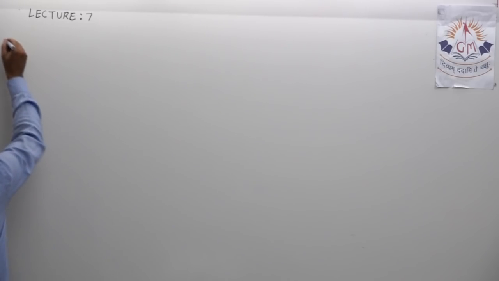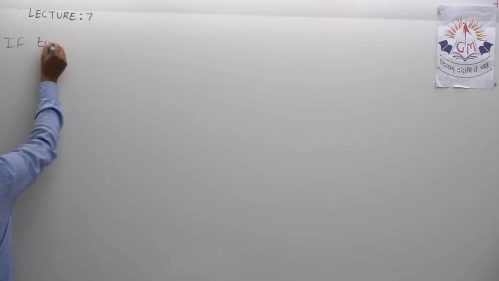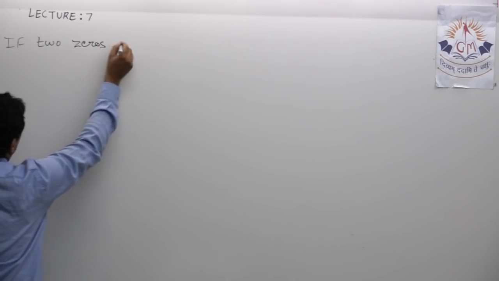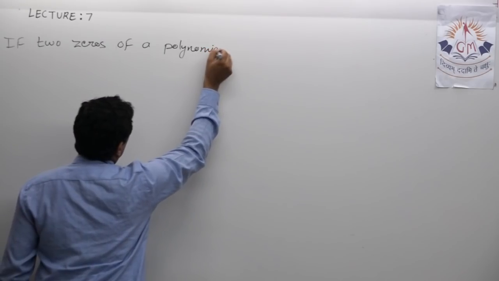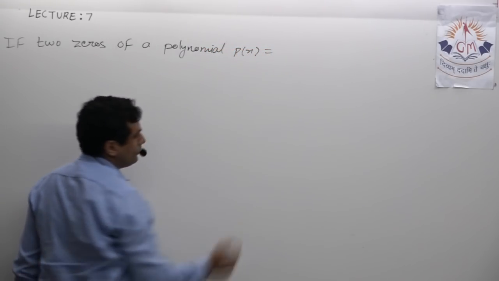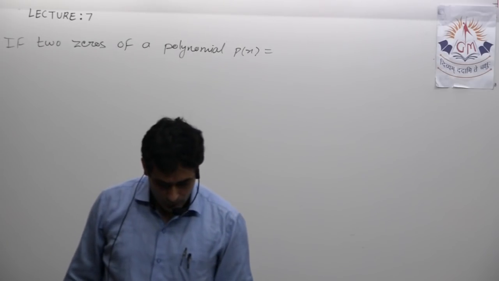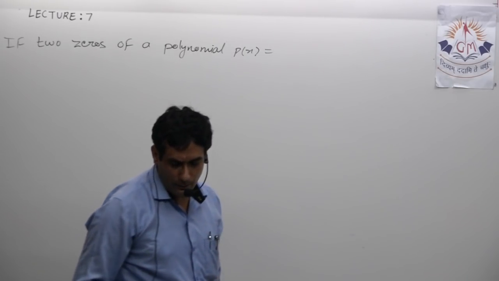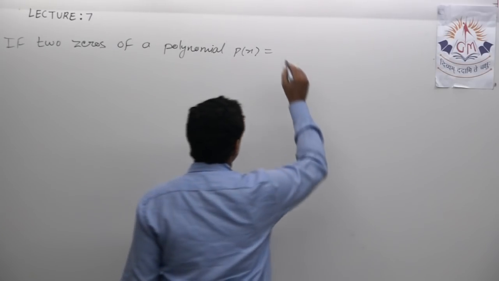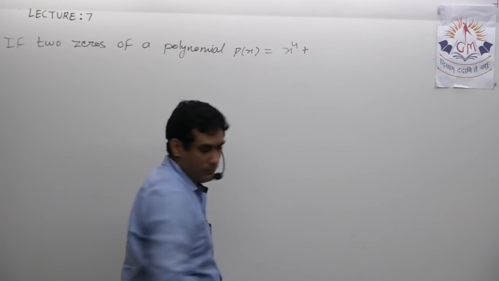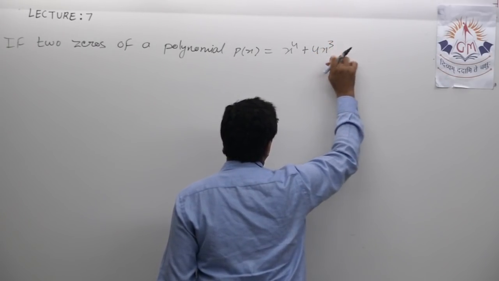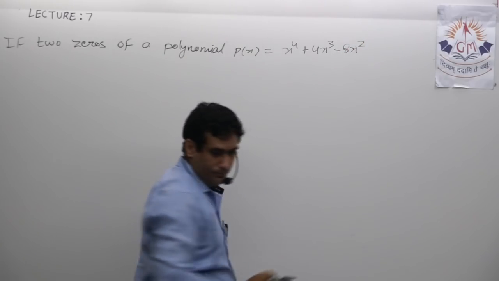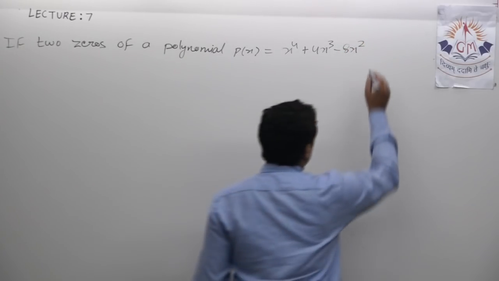If two zeros of a polynomial p(x) = 2x^4 - x^4 + 4x^3 - 8x^2 - 12x + 15